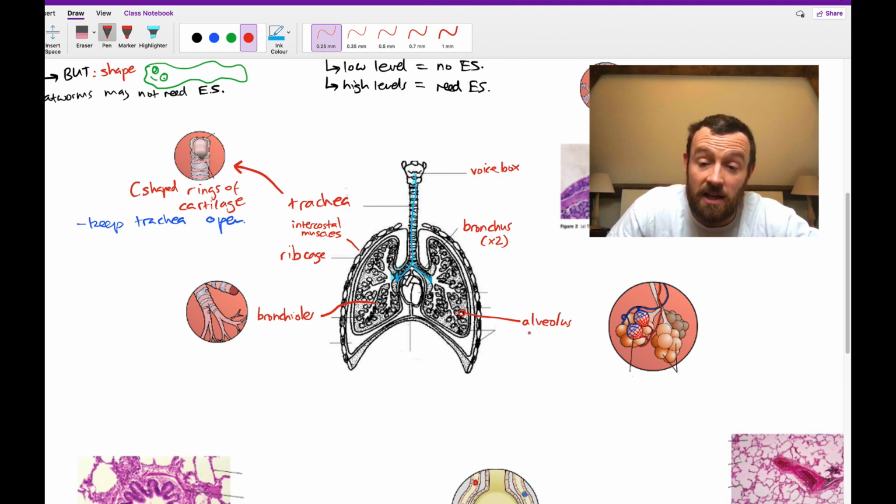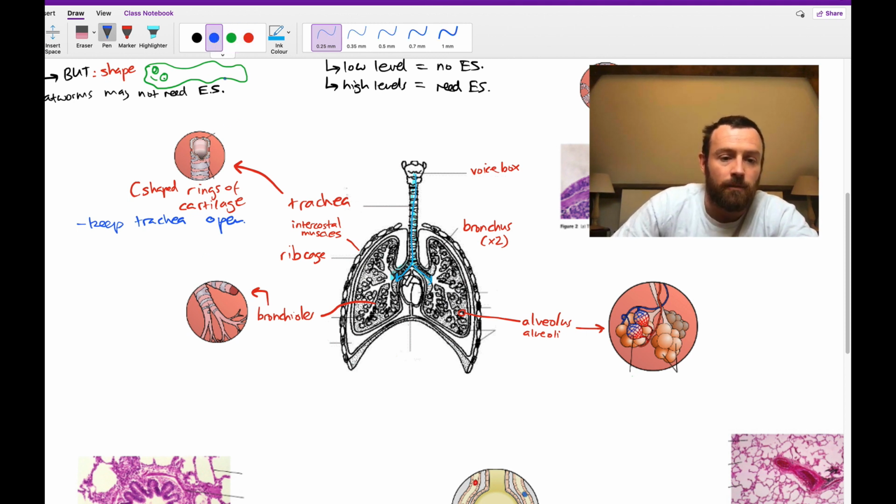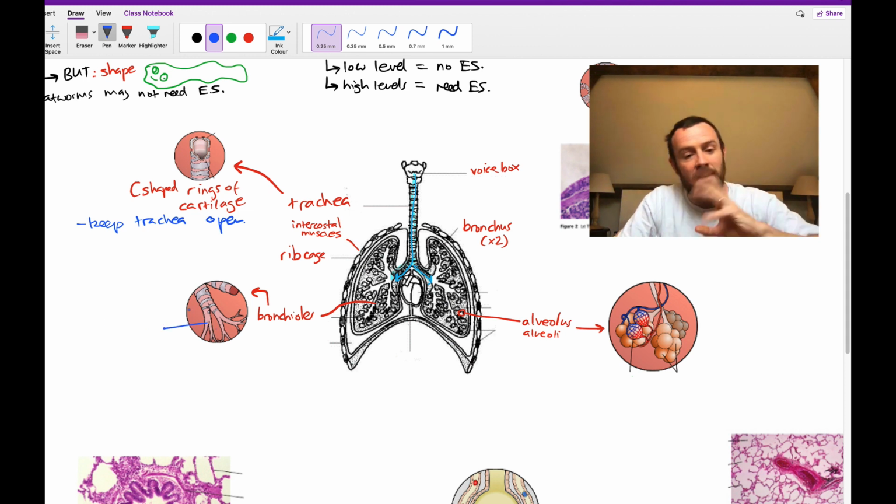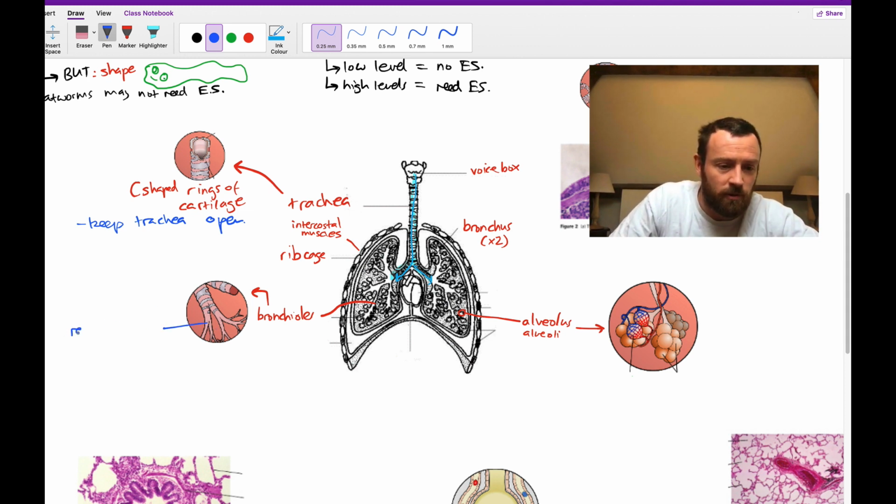Alveolus is the singular. Alveoli is the plural. So there is a zoomed in version of alveolus or alveoli, and here this is the bronchioles. You can see here the bronchioles also have a little bit of cartilage there, and actually just a little side note, the very end bits of the bronchioles have no cartilage. So this is the kind of larger bronchioles, and then we have this bit down there, that's the very end of the bronchioles. We actually call those a respiratory bronchiole,